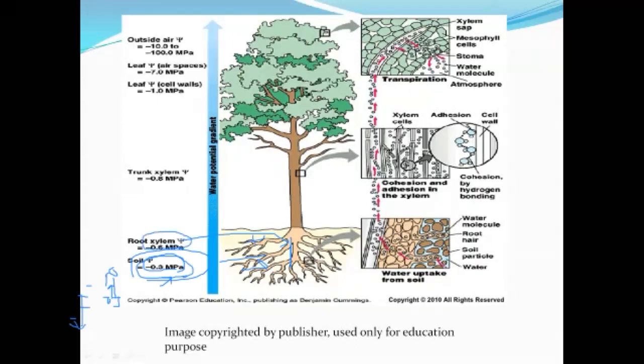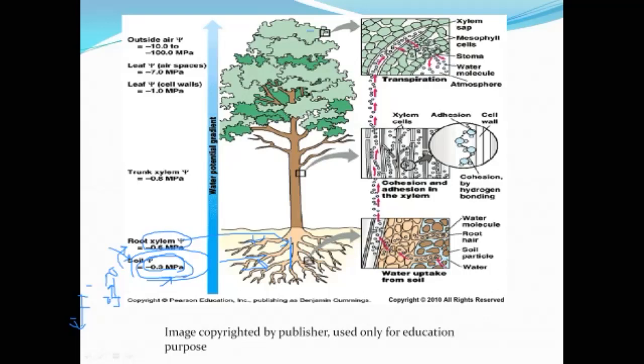So which one is higher? You can easily guess. The soil has the higher water potential. Minus 0.6 is lower as compared to minus 0.3 because these terms are negative. So the water will of course move from the soil to the root. As a water potential gradient, the water is moving inside the root xylem. I can convey this diagram better from the upside, so let's start from the upside.